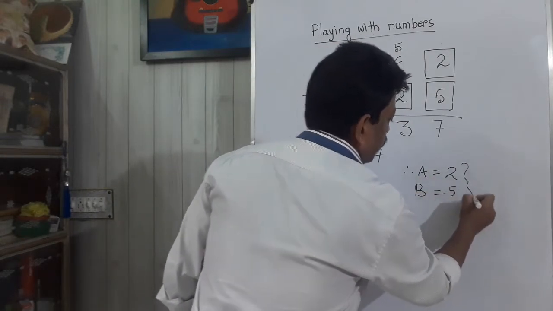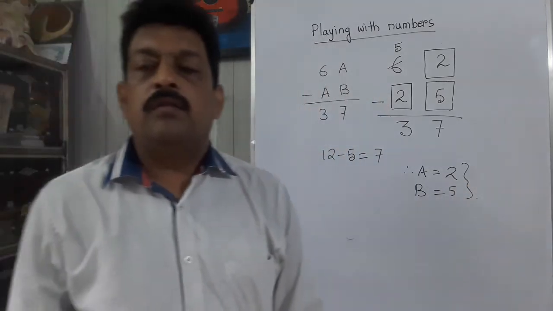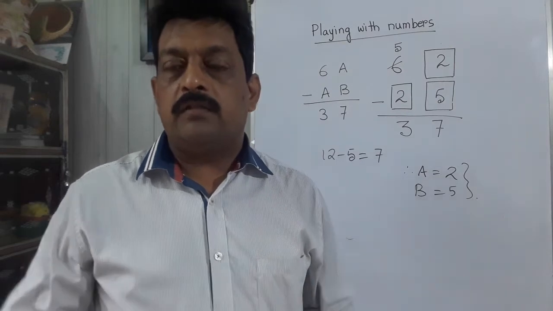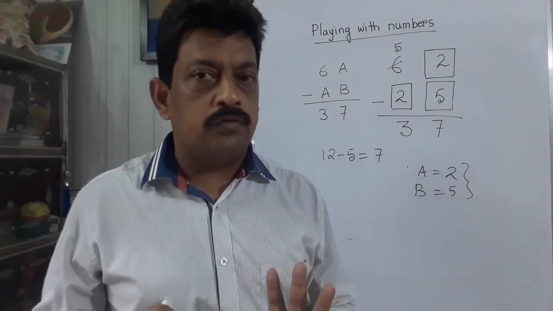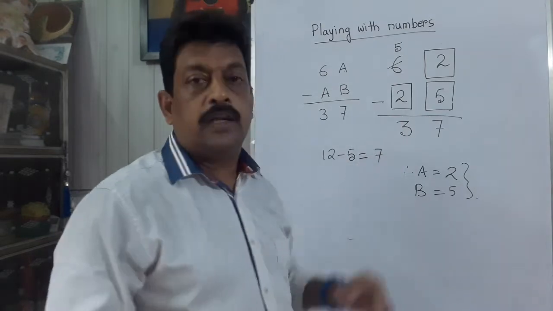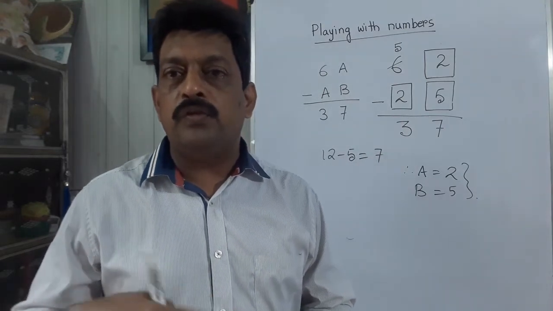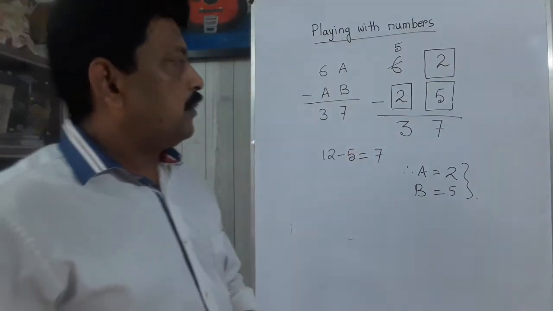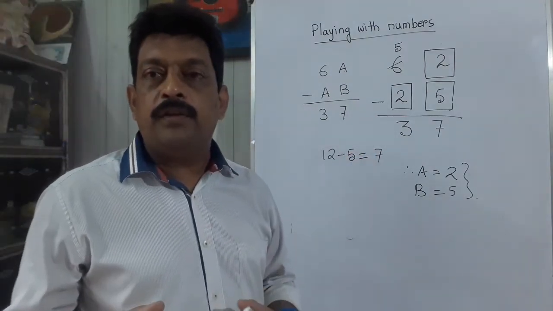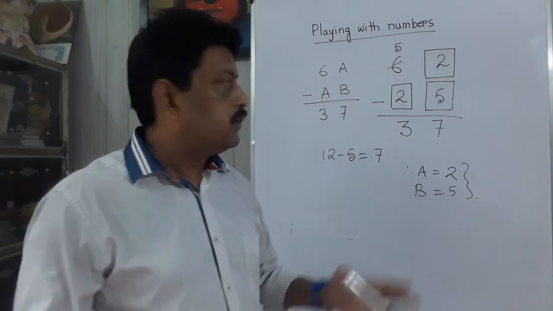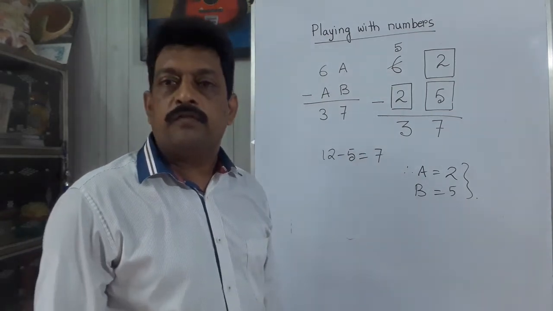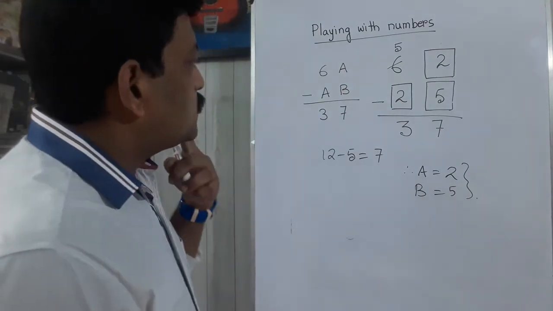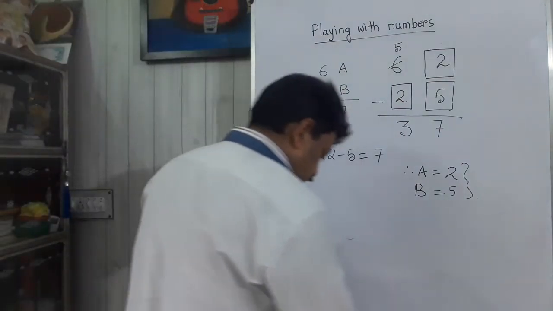This is the answer. So you cannot say how we can guess, but nothing doing, because there is no such formula for finding all this. We have to just use our calculation capacity and technique and ability to do the calculation orally. That will help us to find the answer of this type of sum. Okay, so this is one from difference.